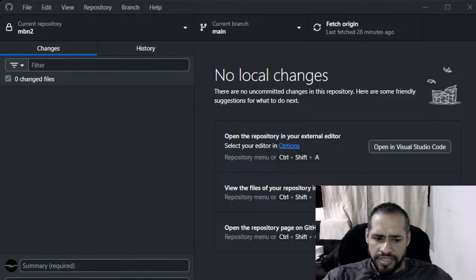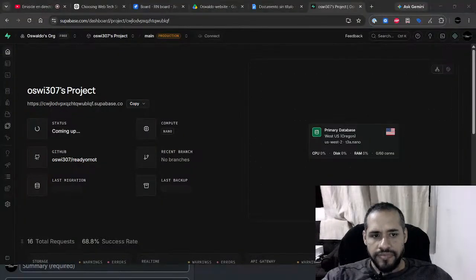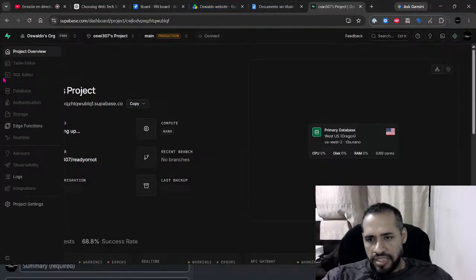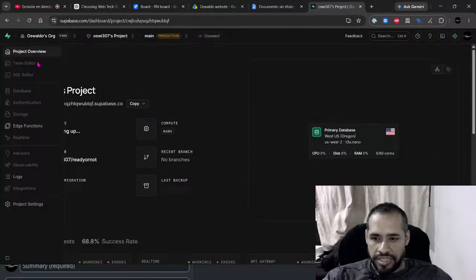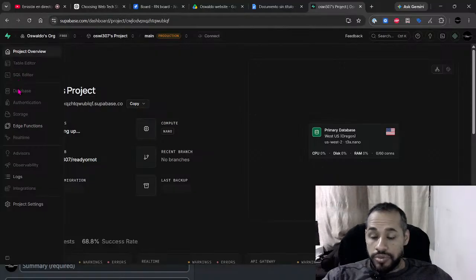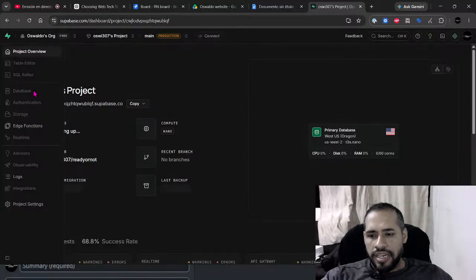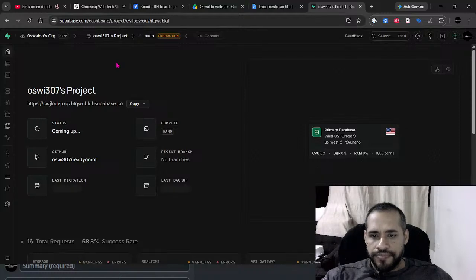I'm gonna show you this because although I don't have access to it, you can watch all the features that we have in Supabase. You can have the table editor, but the tool that we are gonna use to create our data model is the SQL editor. And yeah, that's what we are gonna use.